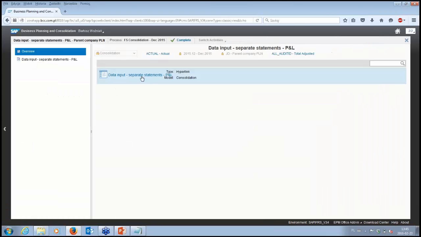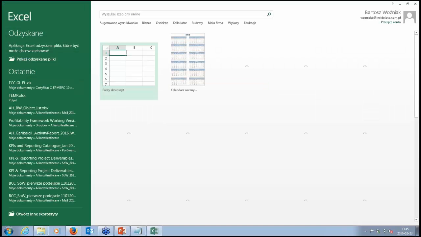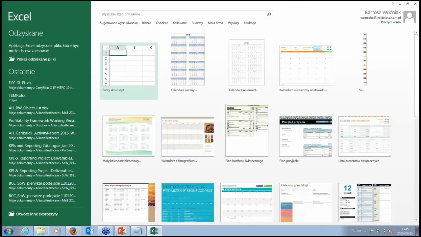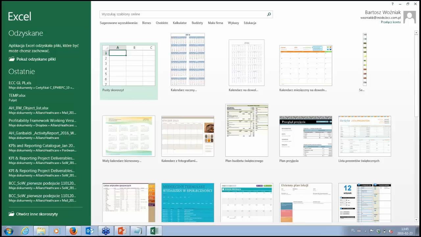Okay, maybe I will show you, because there is one difference between these forms. You can prepare different forms for different entities, but you can also keep one form for all entities.